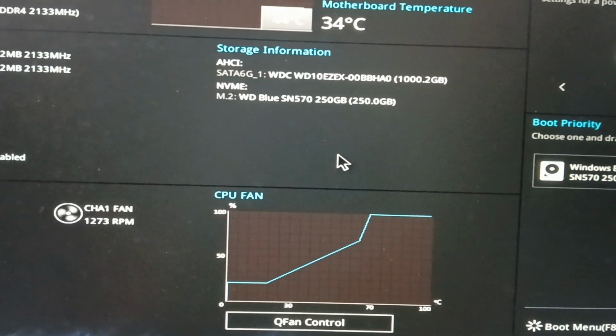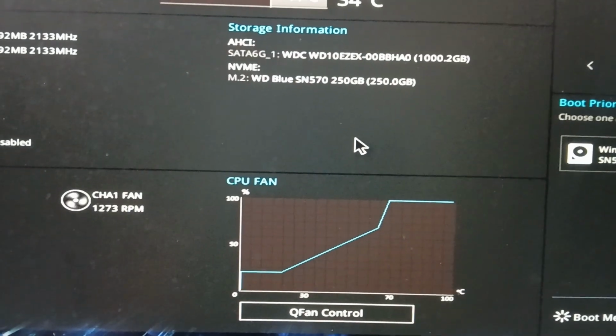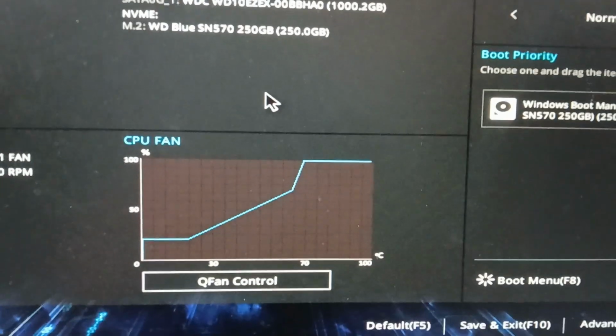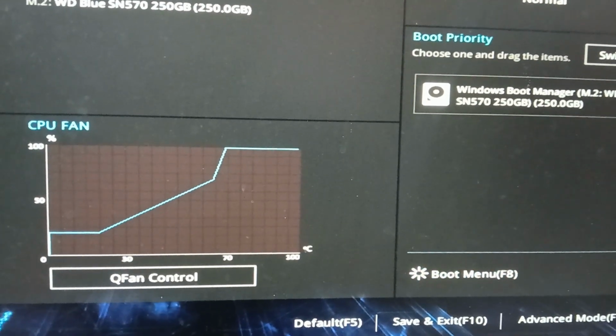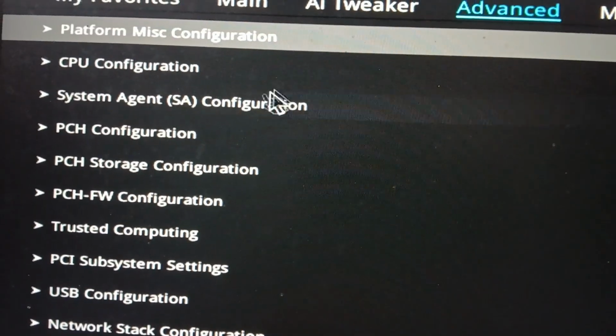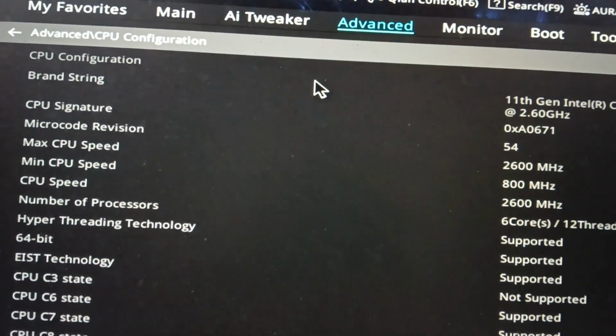So I just press the F2 key while restarting my system, and this BIOS settings will vary person to person depending upon the model that you're using. So if you are using ASUS, just follow these steps. Go to advanced mode. The rightmost bottom you'll be having this. Select it and we'll be having the CPU configuration. Select that. And here, if you just scroll down,